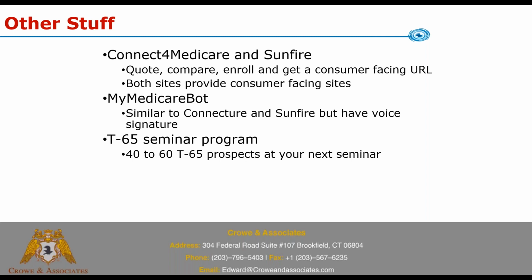Both sites also have consumer-facing sites, so this comes up a lot too. If you have access to Connecture or Sunfire with us, and again, it doesn't cost you anything, you just need a username and password, you have a consumer-facing website for both of them. Basically a URL that is coded to you, that is approved, that a consumer can use and do all the same things that you could do on those sites. If you haven't tried it, I definitely suggest you do. The URL is nice because it's basically a free, approved quote and enrollment engine you can put on your website, your email, or just email it out to people however you'd like to use it.